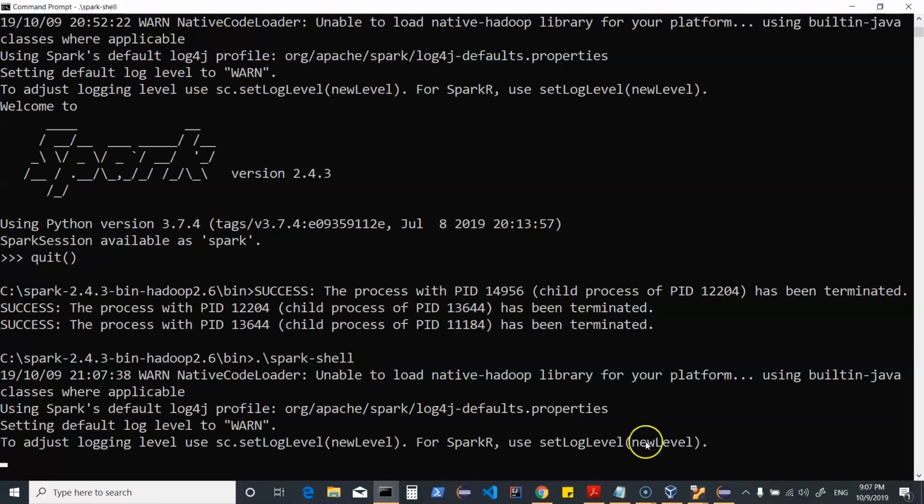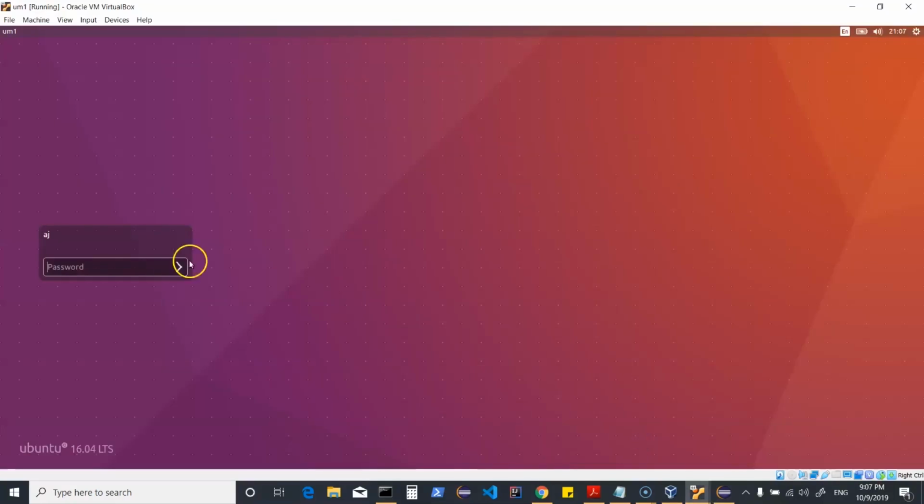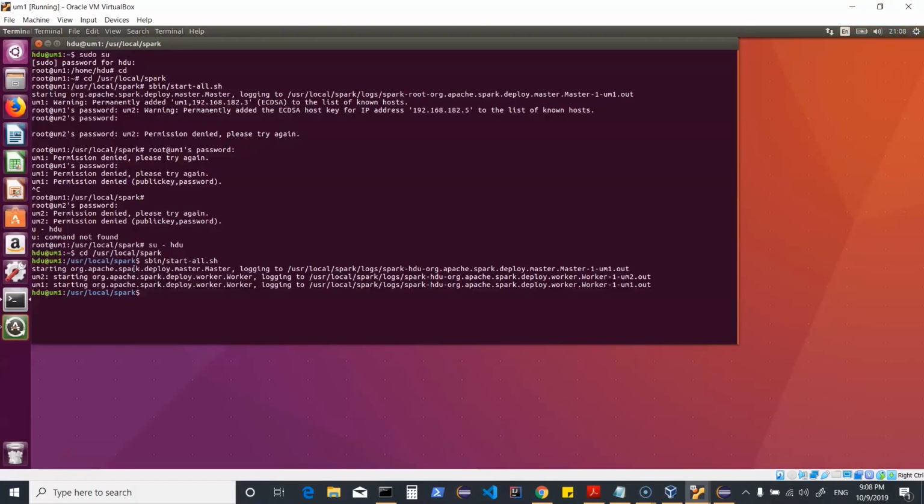Now I could be working on Windows or I could be working on my Linux machines. So here I can show you both. This is basically a Spark standalone setup where I have set up things. You can refer to the previous tutorials where I have shown how you can set up Spark standalone or Spark on your Windows. I've started my Spark standalone cluster.